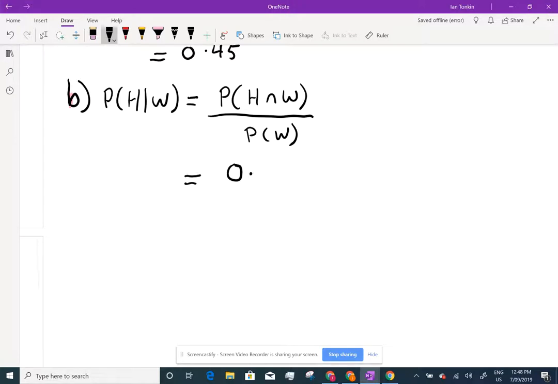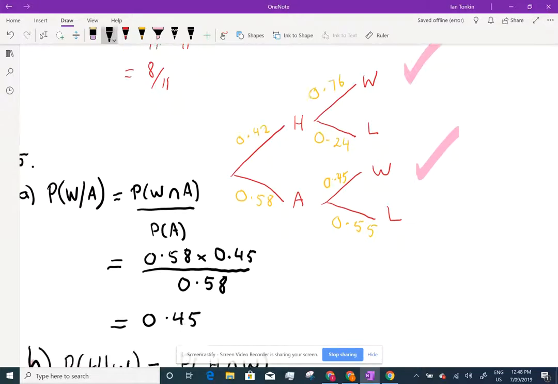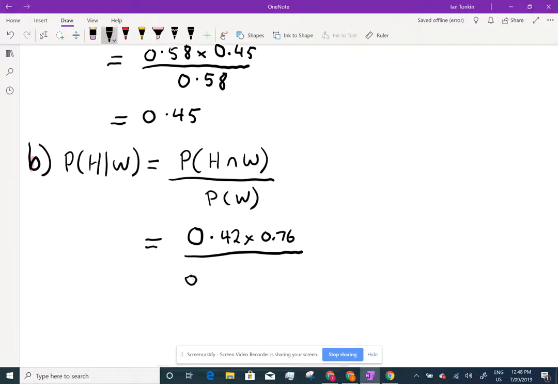0.42 times 0.76. Now, to do the winning, we have to do all the things where they win. Those two. They're the two situations of winning. So 0.42 times 0.76, or, which is winning at home, or they win away, which is 0.58